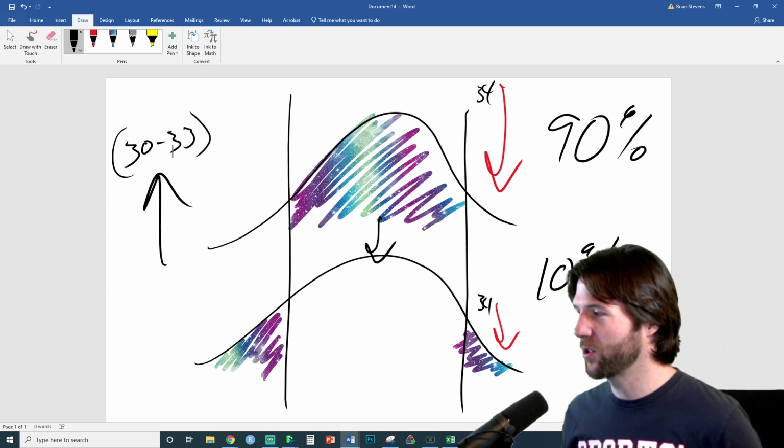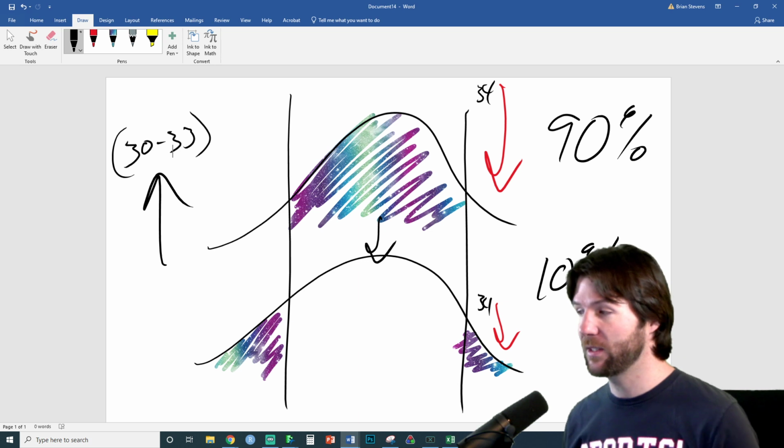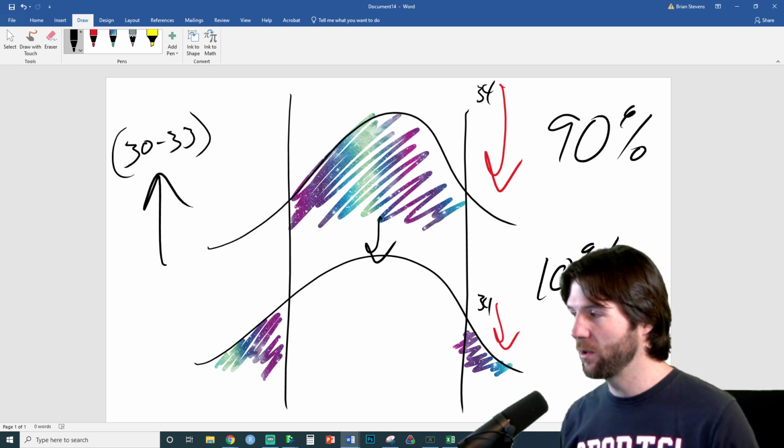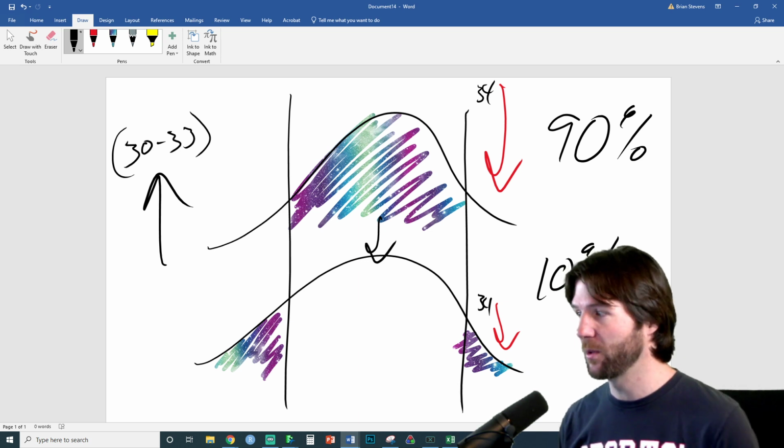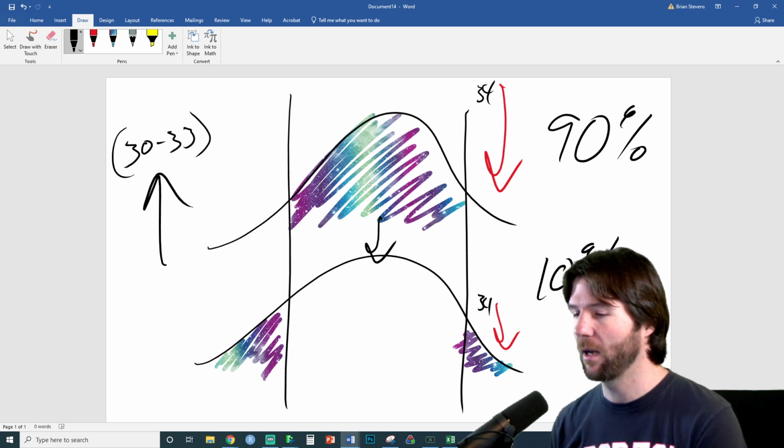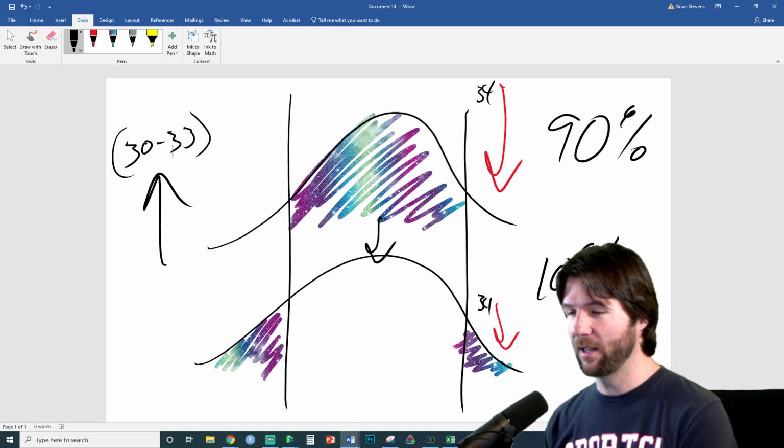I hope that makes more sense. It's a good concept that a test and a confidence interval are analogous: you can use a test to do a confidence interval, or you can use a confidence interval to do a test, or you can tell if something is in a confidence interval by doing a test. So they are analogous. You're welcome.